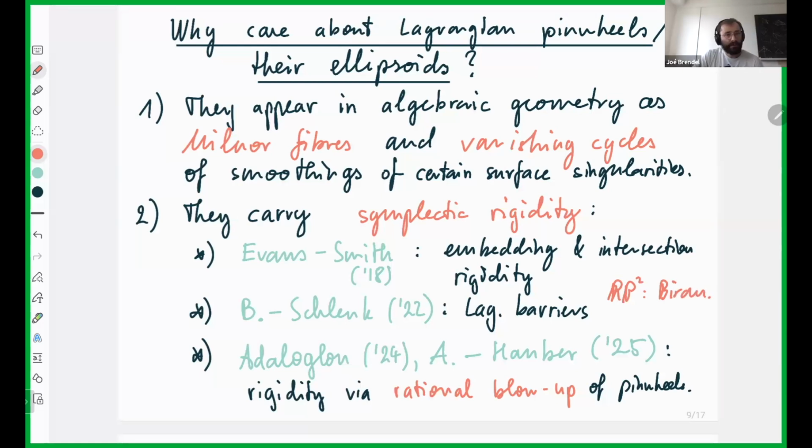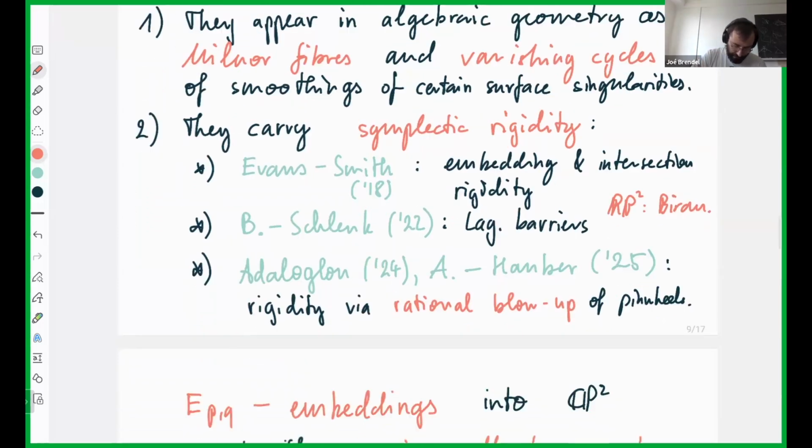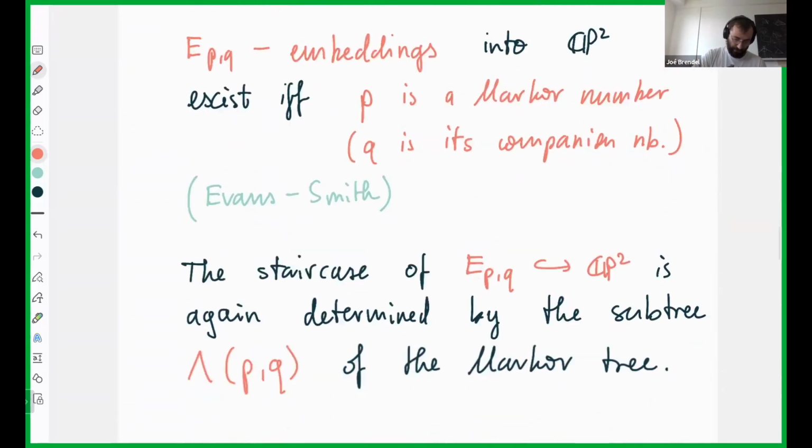And so it can be viewed as some sort of generalization of this Biran result to higher pinwheels. And then there is a nice recent work by Nick Adaloglu and Johannes Hauber, who proved rigidity results of pinwheels using a rational blow-up procedure, which I will discuss in some more detail later on. So let's see what happens for those